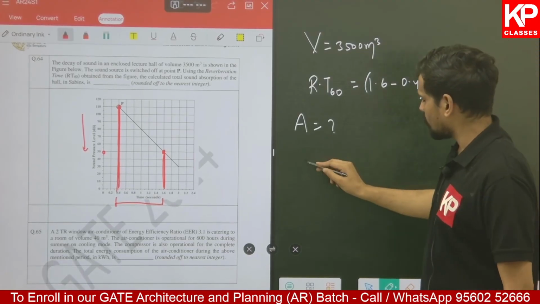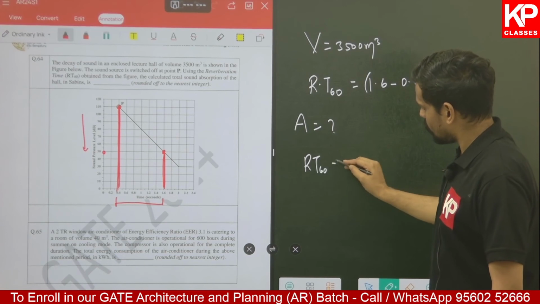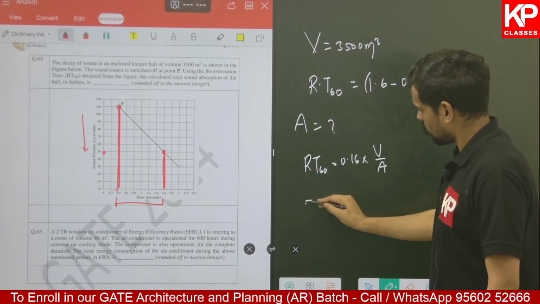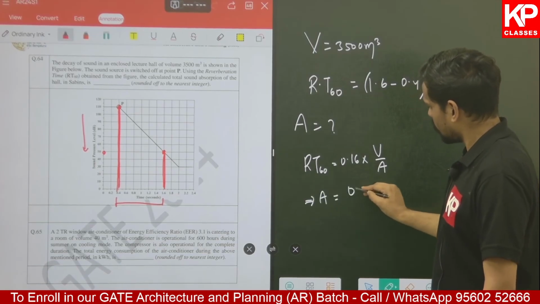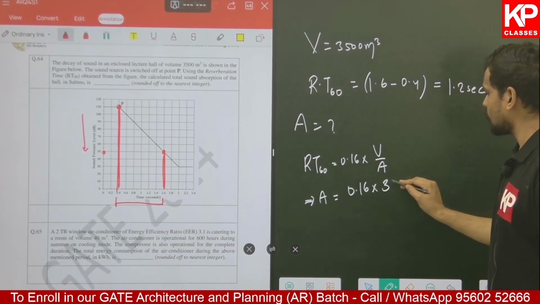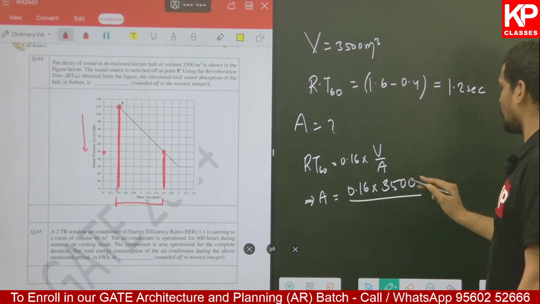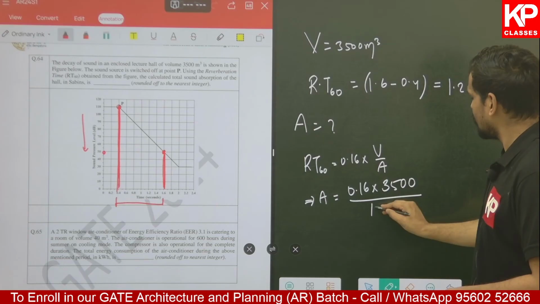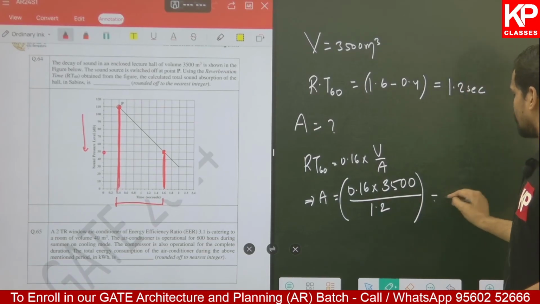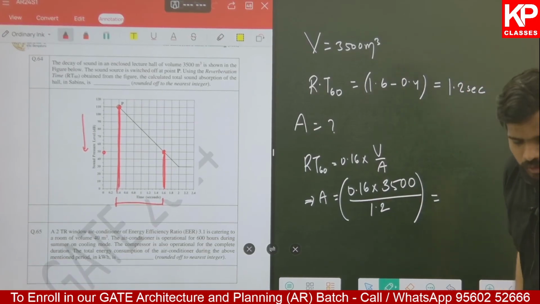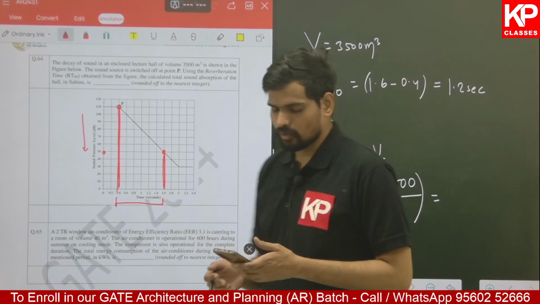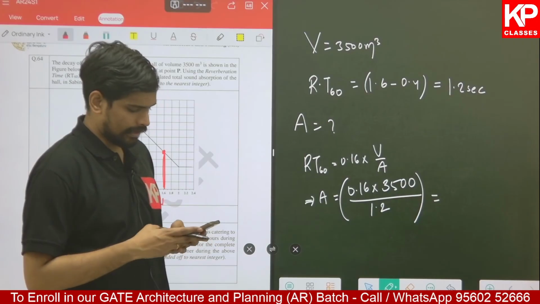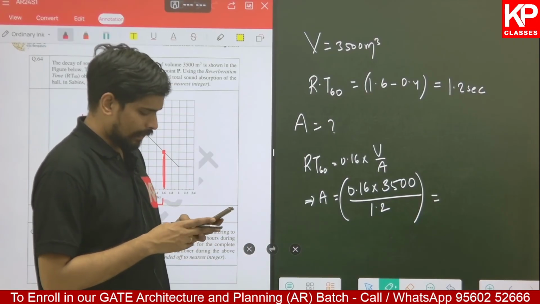If I apply Sabine's equation now, RT60 is given by 0.16 into volume upon total sound absorption. So what is the total sound absorption? 0.16 into volume is given as 3500. Divide A goes to the other side, you'll get RT60 over here. Divide by RT60, that is 1.2. You can simplify this and you should get your answer. You can use your calculators to do this calculation part. So it is 0.16 into 3500, that's 560. Divide by 1.2,